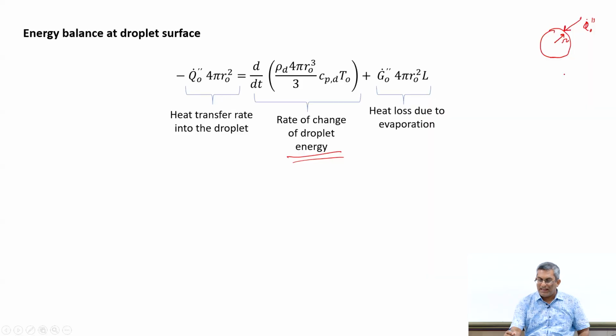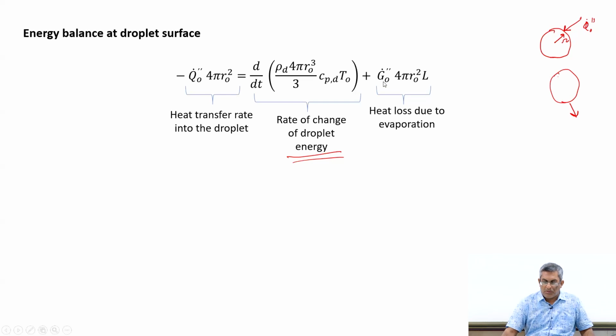The term on the left side will be negative, because in that case the heat will be transferred in the outward direction only, because the droplet will try to cool off,